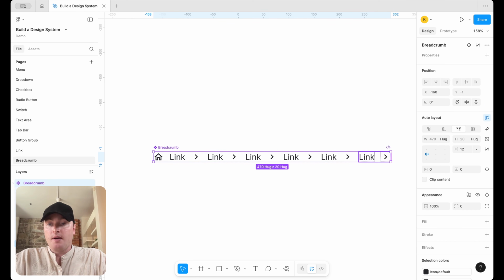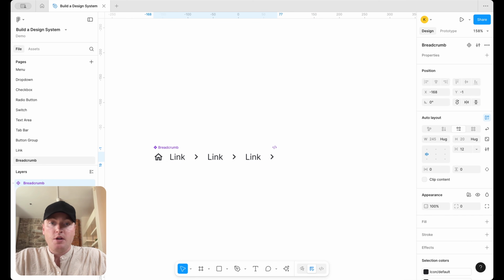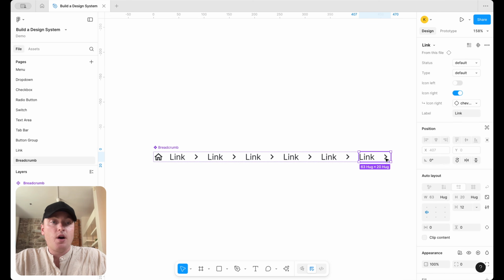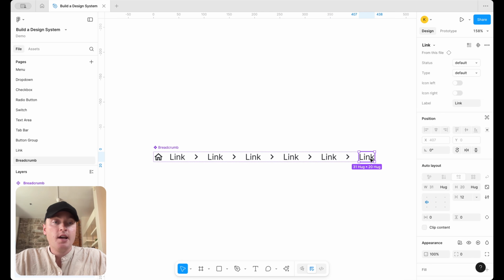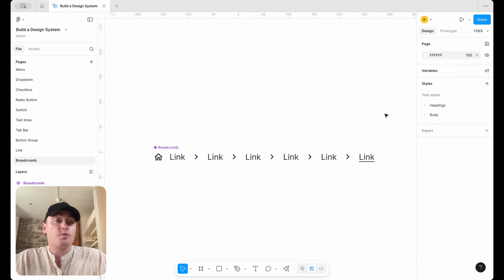So you can create that breadcrumb and then hide a couple. Okay, so maybe you only have 3. But one thing that's important to note is that for the last one of a breadcrumb, you can't really go anywhere else, right? So you're going to have to hide that icon right. And then maybe you might want to set that as inline to show that's where you are. Okay, that's an option. But then if you were to hide other layers, like if I was to hide the last 3, because maybe I only have 3, you'd have to apply that same treatment. So a hack is whenever you have that last one, maybe just hide all the other ones before it, which isn't best practice, but it just saves you